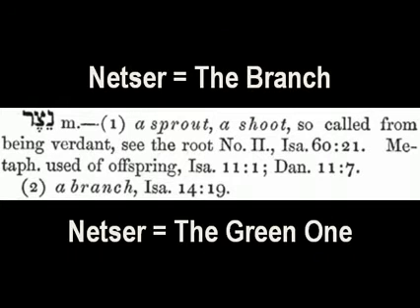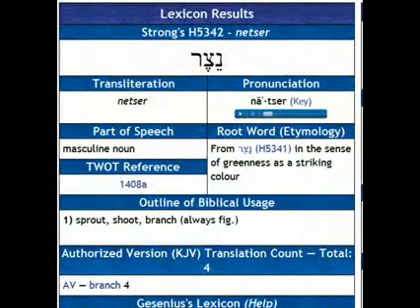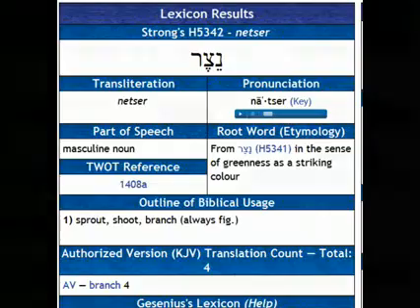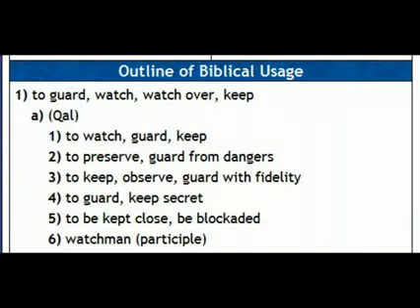H5341. Some say natsar. Here's the primitive root. The primitive root word, the Strong's Concordance H5341, natsar, N-A-T-S-A-R, they spell it. It means, biblical usage, to guard, to watch, watch over, to keep, to preserve, to guard from dangers, to observe, to guard with fidelity,